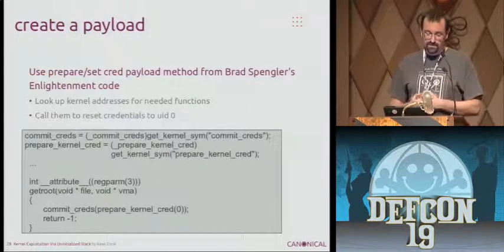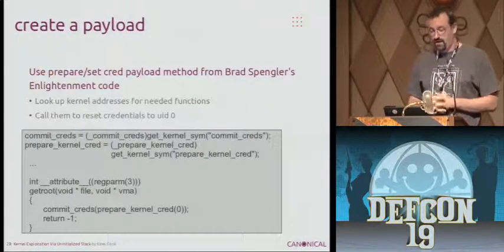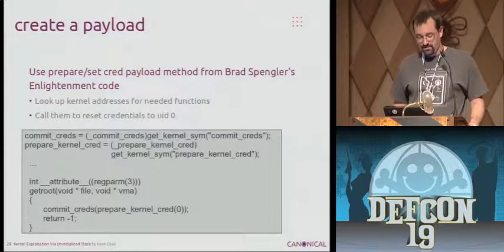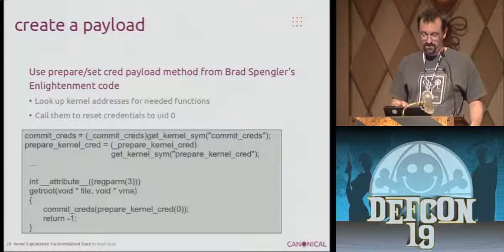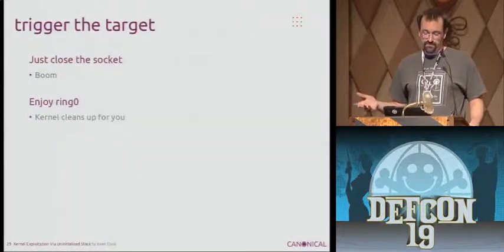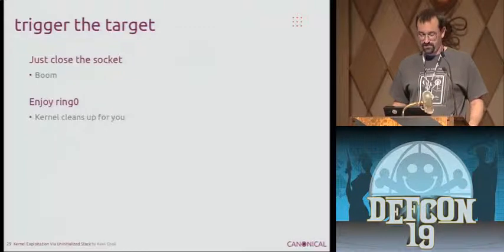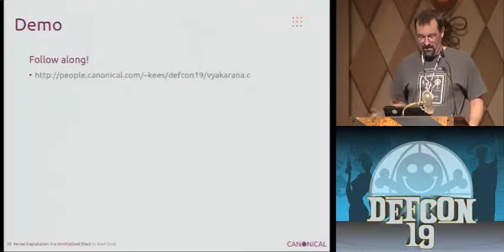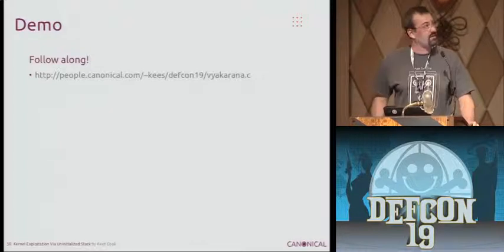So then we're going to create a payload that we want the kernel to run. This is based on Brad Spengler's Enlightenment code, where you basically just create new credentials as root and commit them to the local process. So you're just setting your UID to 0. This is the entire function that the kernel needs to run to give you root as that process. And finally, after you perform the overwrite, you just close the socket and it'll call that function for you, and everything's nice. The kernel cleans up for you. And I can show you a small demo of this running,